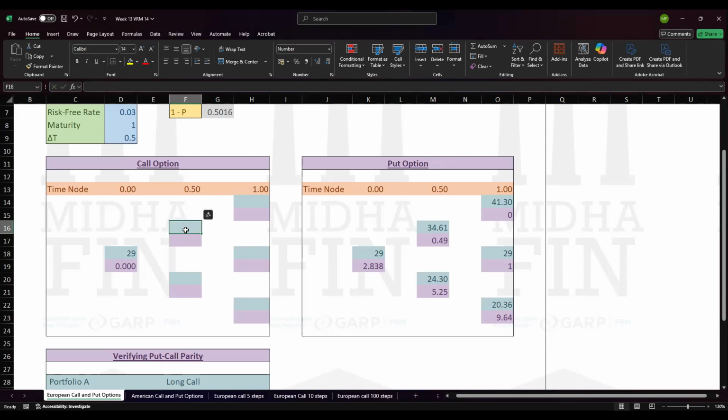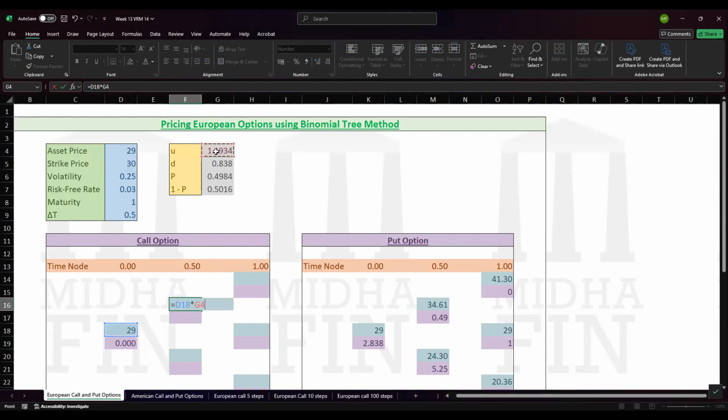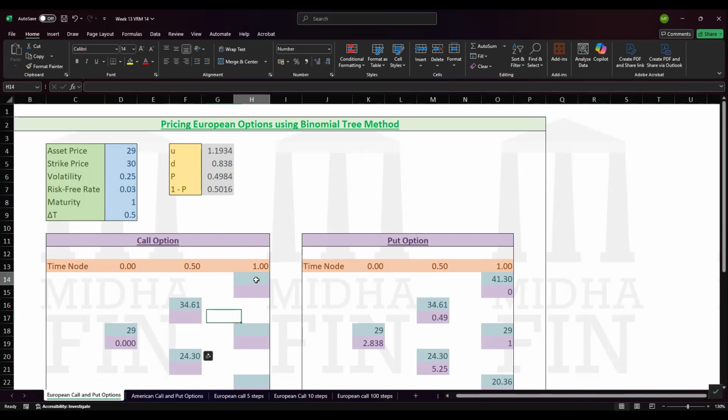So as I said, this is nothing but this multiplied by this, so you can understand every step. That's why I'm doing it. So this is going to be 34.61 in the up move. What about the down move? And you are free to participate, you're free to tell me the cell locations. It is equal to 29 multiplied by DN. Anytime you can speak, no problem at all. It will be good for you only. Fine. Next, again, this is equal to